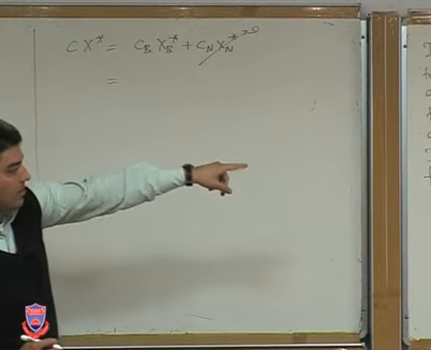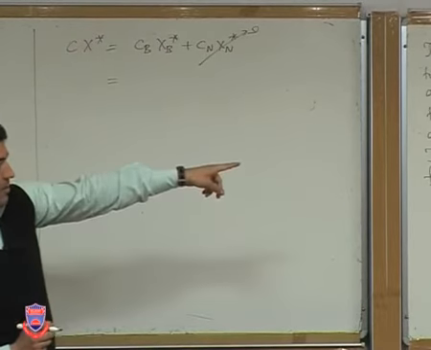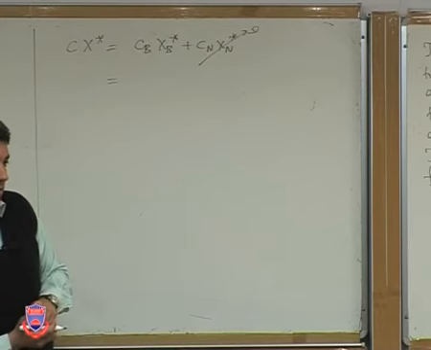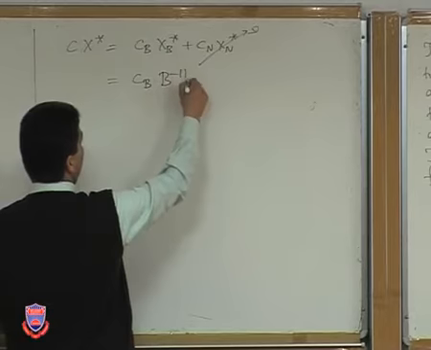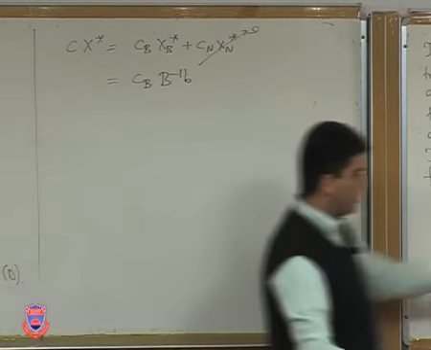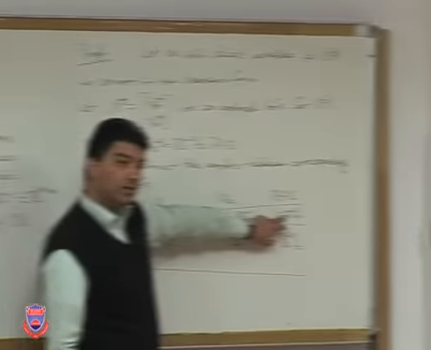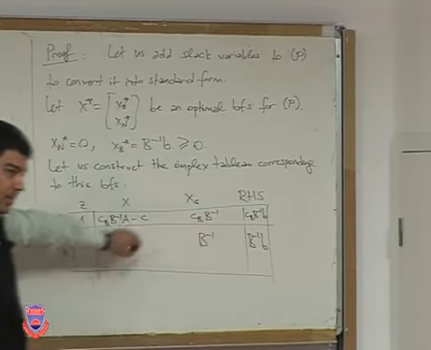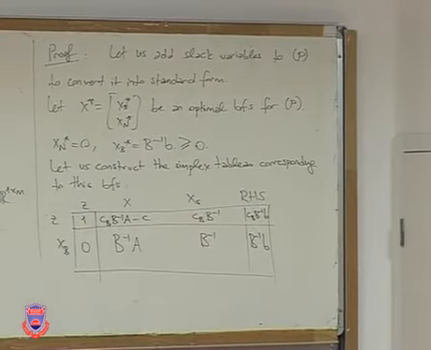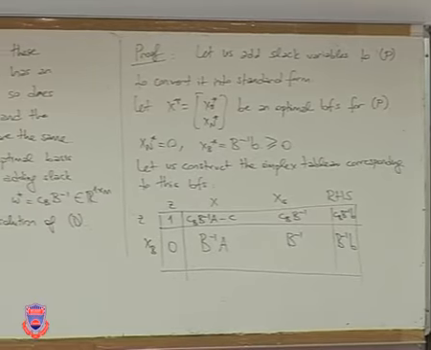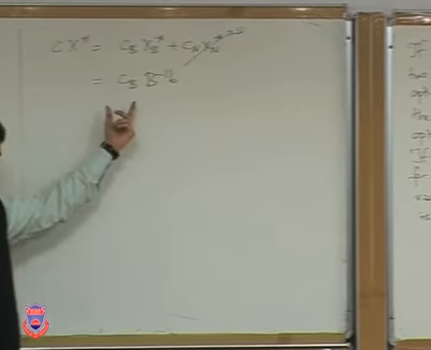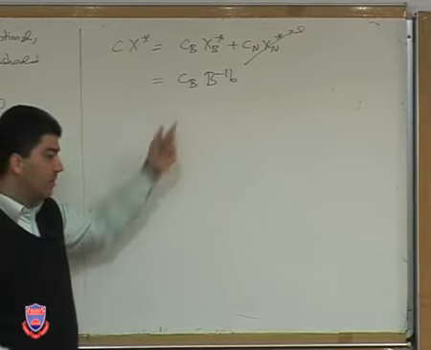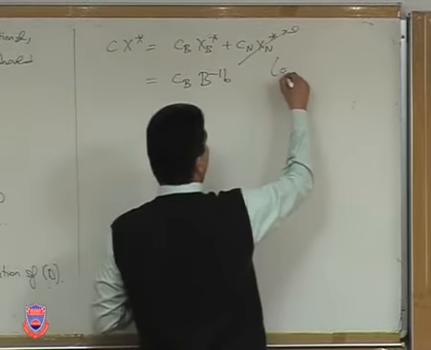What do I know about XB star? Well, XB star has an expression over there, which is given by B inverse times little b. As a result, this is the same as CB times B inverse times little b. And that should not be surprising, and that's indeed the right-hand side value of the objective function, right? Okay? But we know that X star is an optimal solution for the primal problem, right? So as a result, this is precisely the optimal value of the primal problem. Right? So this is the optimal value of P.